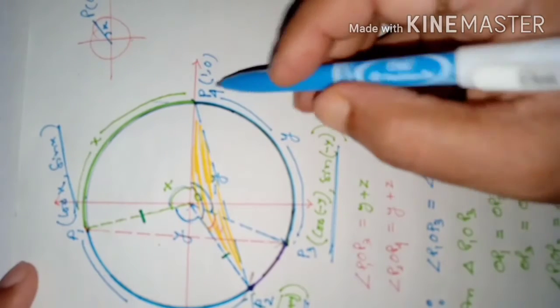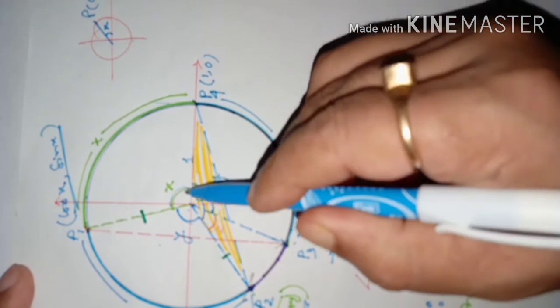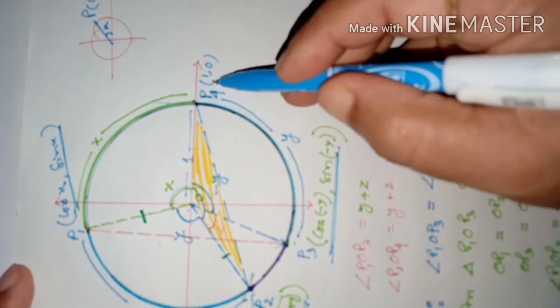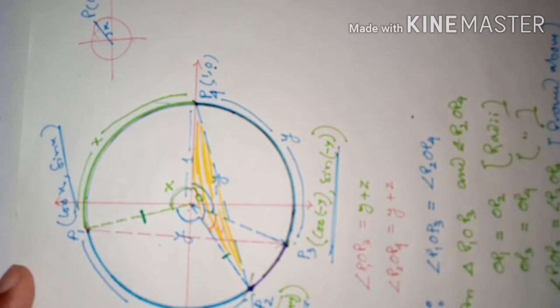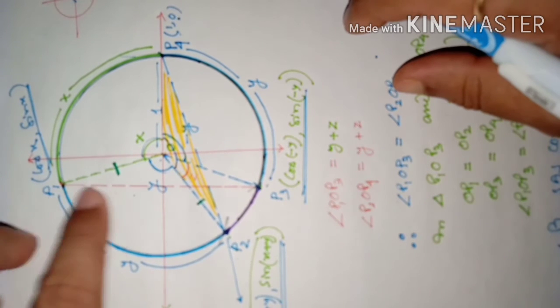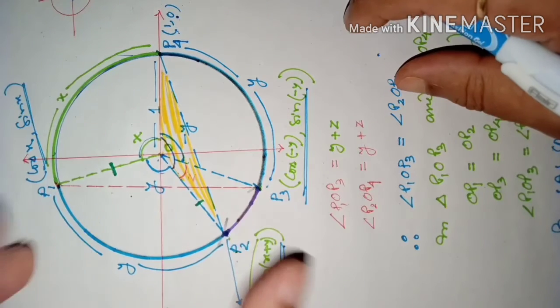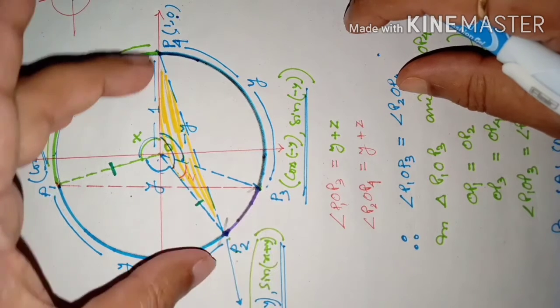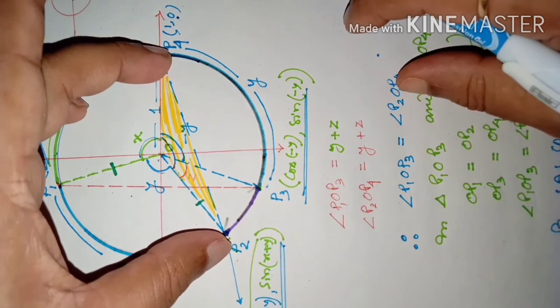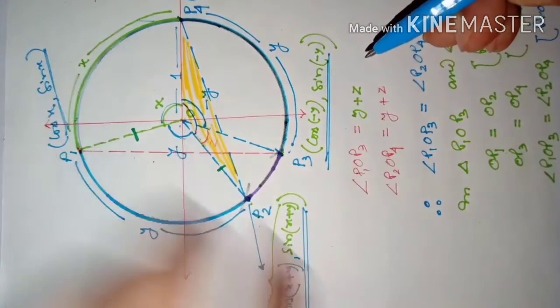Now, this point P4, its coordinate you know only because this is 1 unit radius. So abscissa is 1 and ordinate is 0. P4's coordinate is (1, 0). Now, dear students, that means there is a relationship between these coordinates and these coordinates, because this distance is equal to this distance. In class 10 you have learned the distance formula in coordinate geometry. You can apply the distance formula here to know the relationship between these coordinates.